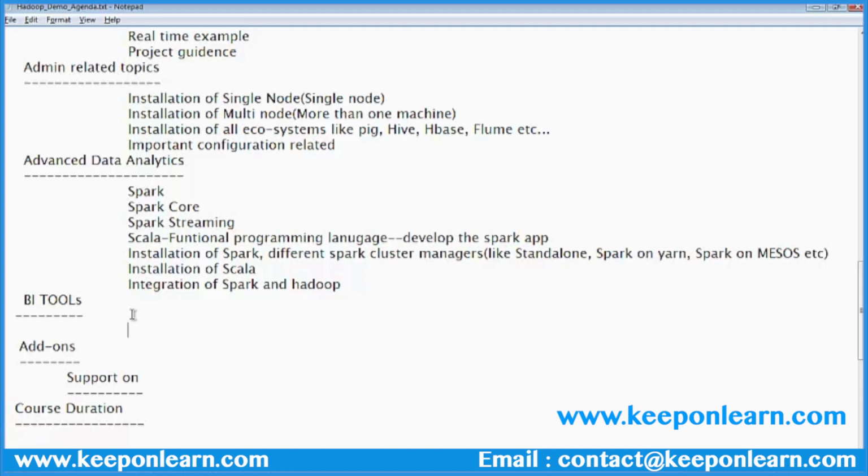We can visualize the data easily. So we have many tools available in the market, and one among them is Tableau, the business intelligence tool. We are going to see very thoroughly the installation of Tableau,